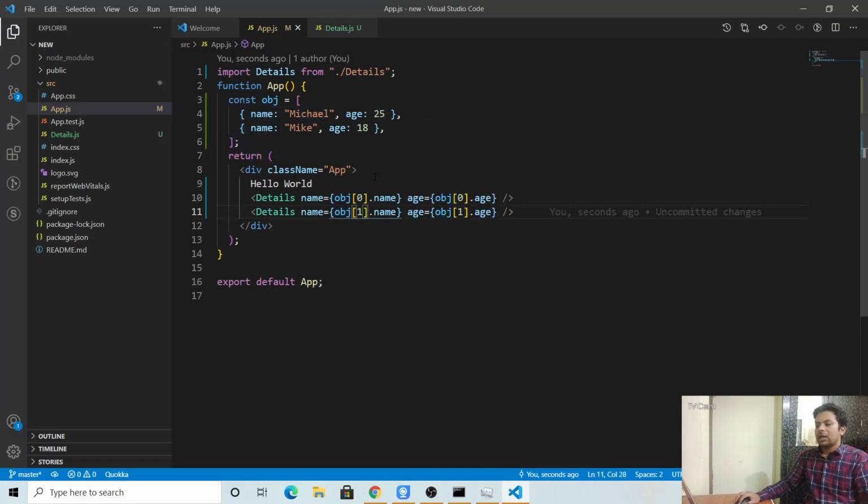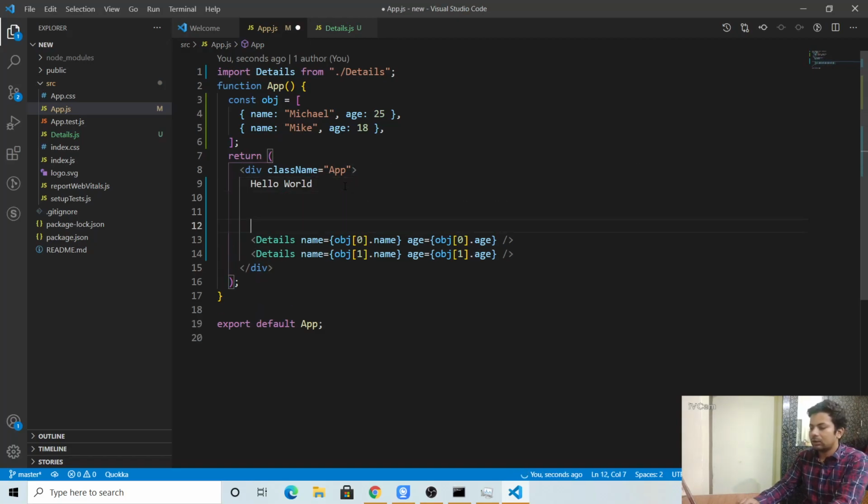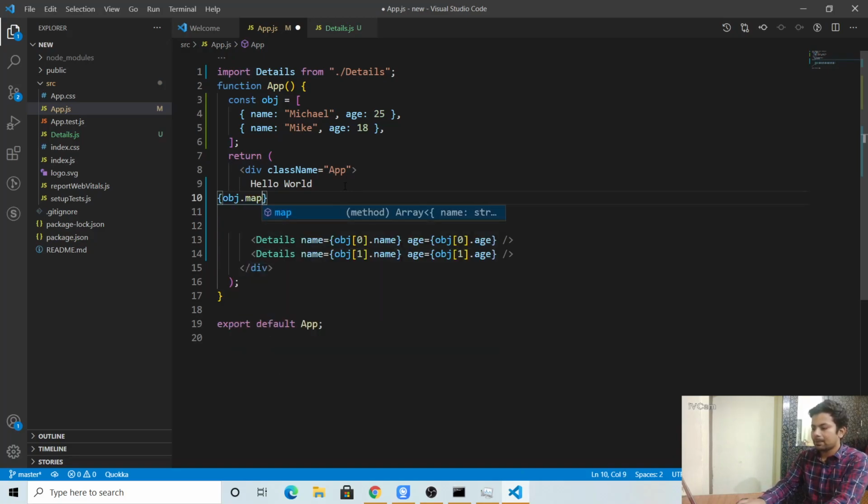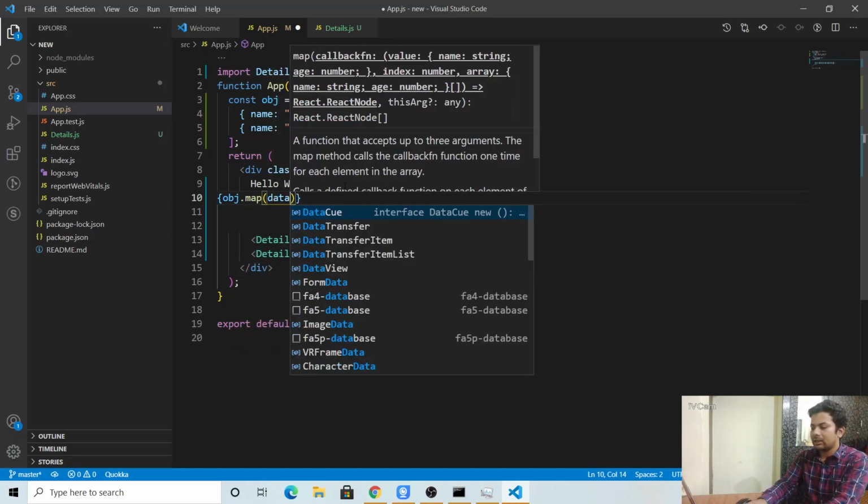But suppose you have a question: we have hundreds of data, we can't write like this 100 times. For that we have another thing, mapping. What we'll do is put curly braces and say object.map, and data.